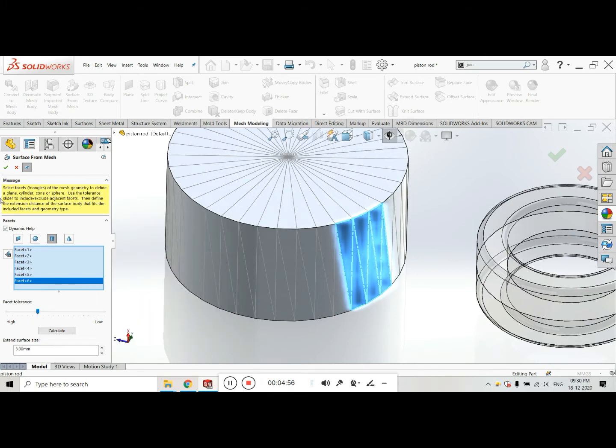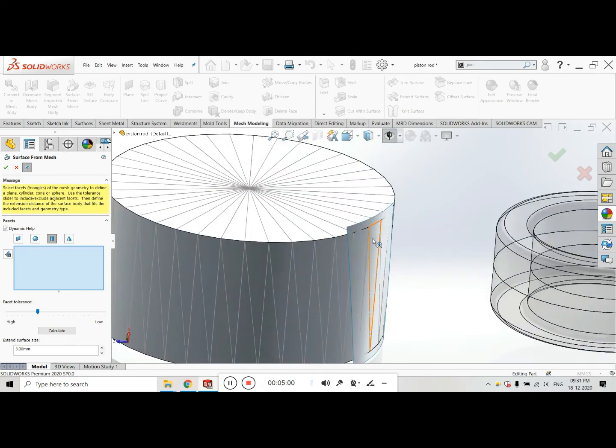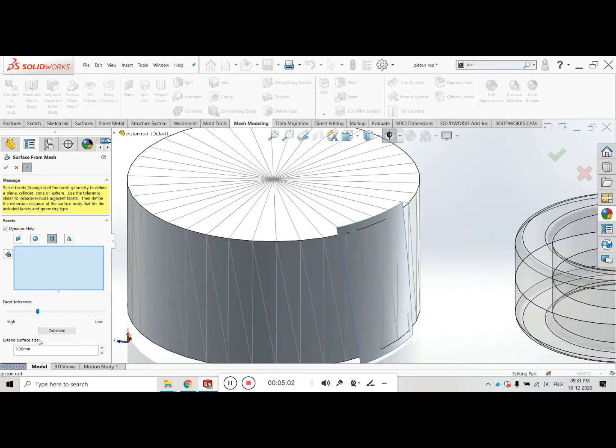Now click on OK. You will see the shape has been created here. This should not be our final product. Click on calculate. Wait a second.